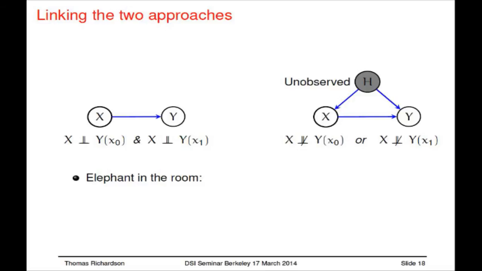And at least one of these independencies fails to hold. So you might think, I motivated the graphical approach by saying these are graphs, they're really good, we can use them as a way of reading off conditional independence. I give you the graph, come to me with an independence query, and you can sit there and stare at the graph and read off